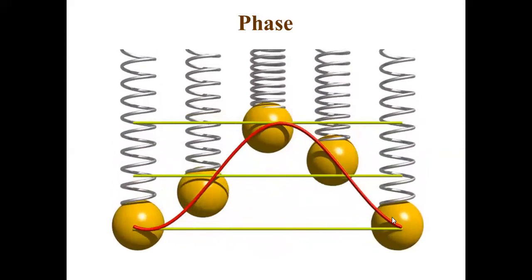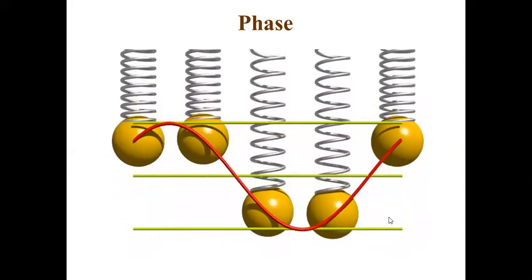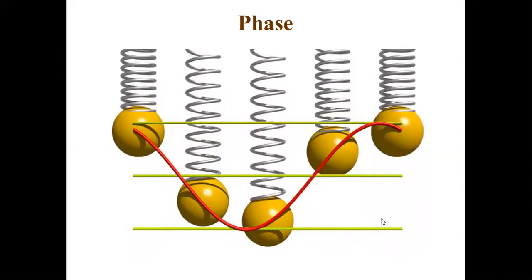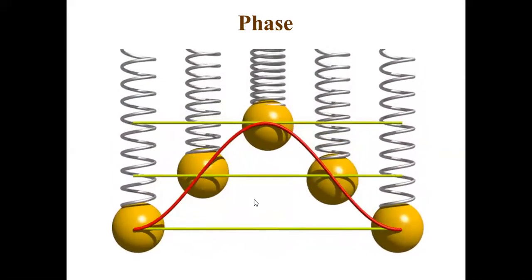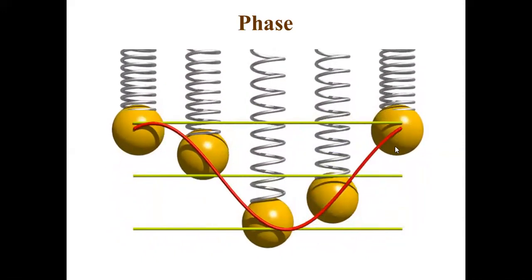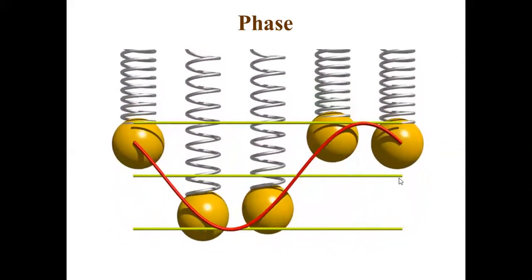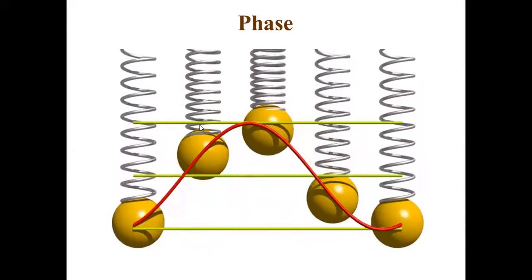So here you see, this completes one oscillation, and as it completes one oscillation, one by one the particles will start vibrating, and no particle will be completely at crest always, no particle will be completely at trough always. Every particle will get its own chance of going to crest and trough, but not together. All the particles don't go to the crest, to the trough, or to the mean position together. When one is at crest, another will be just going to another position.